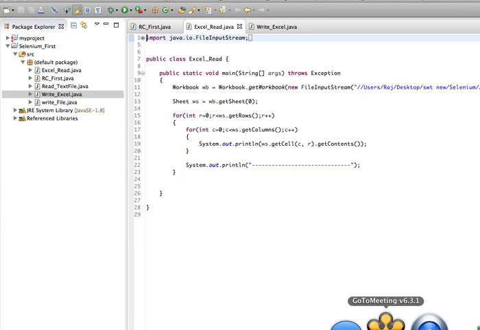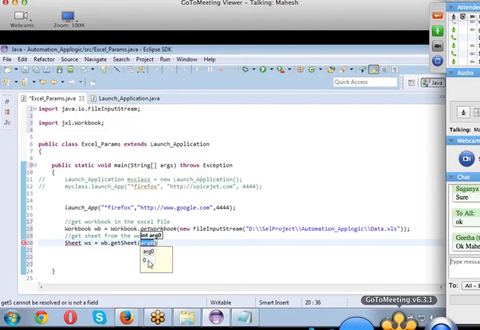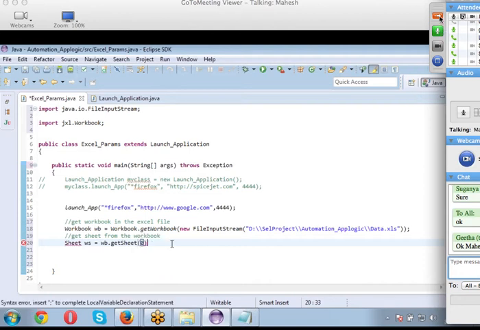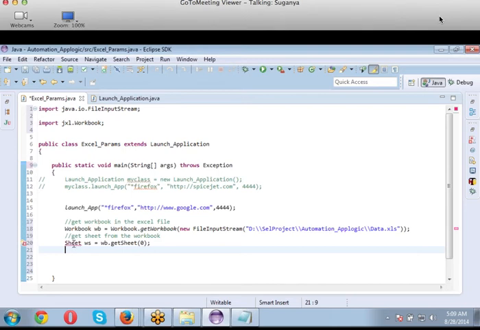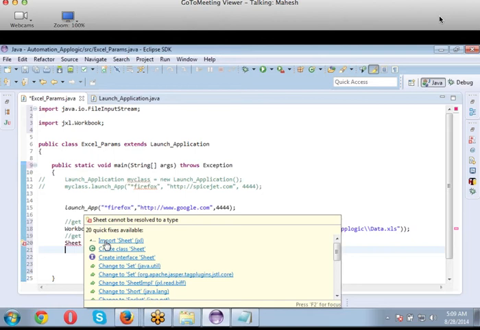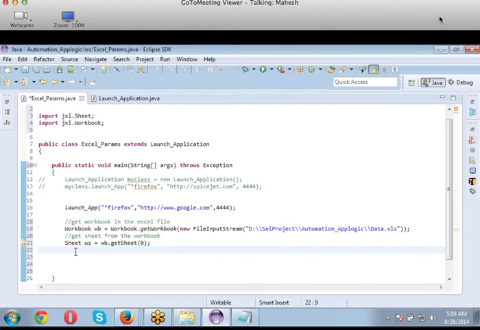getSheet of sheet. It's showing an argument here. See, 0. Number 0, yeah. What does that represent? What is that 0 there? First sheet. That's the sheet number. Yes, the index of the sheet. Exactly, it's called the index of the sheet. Use the technical terms here. getSheet of 0 represents the index of the sheet.